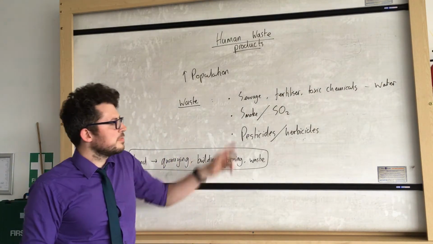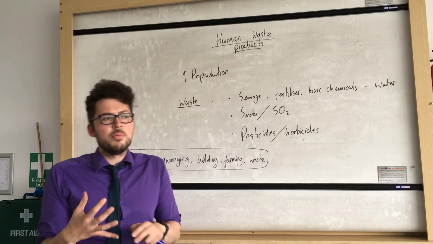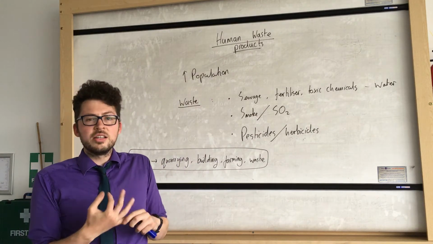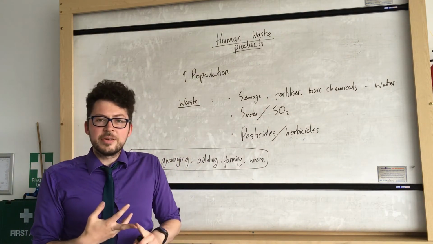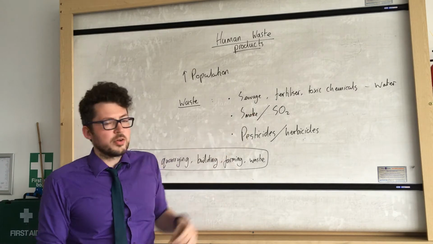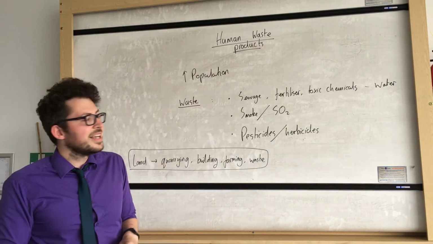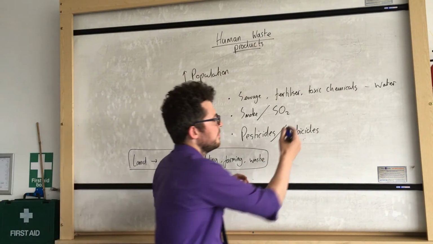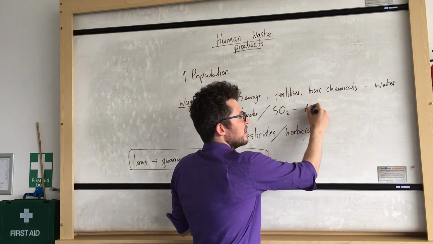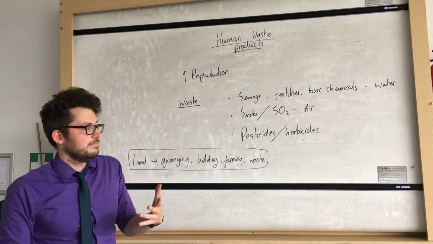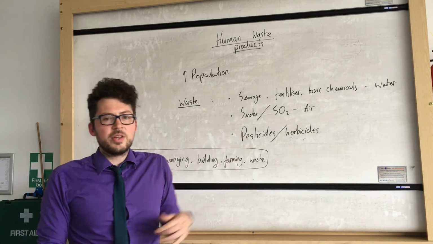Another effect could be smoke and sulfur dioxide released from things like cars, planes, machinery. All these things release smoke and sulfur dioxide, as well as factories, and they have a bad effect on the air, potentially leading to acid rain. Okay? Finally, the effect we could have on the land